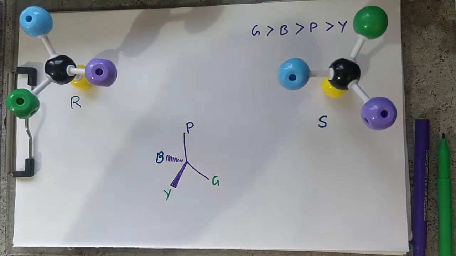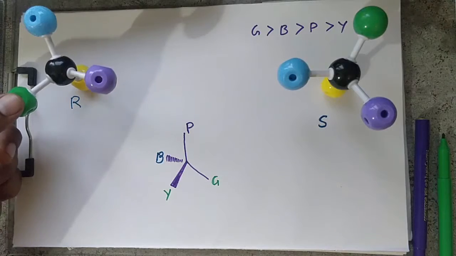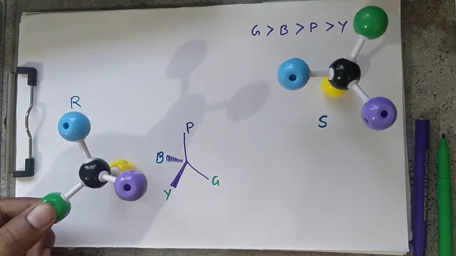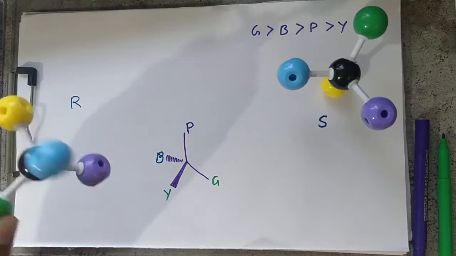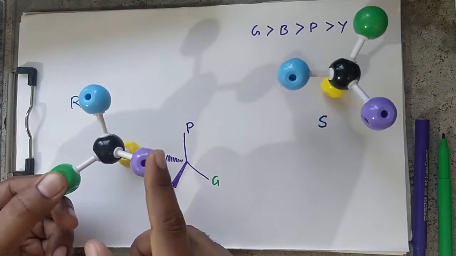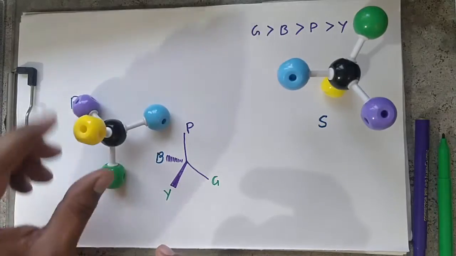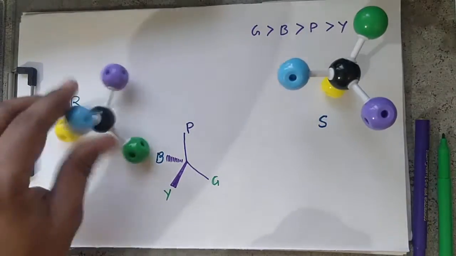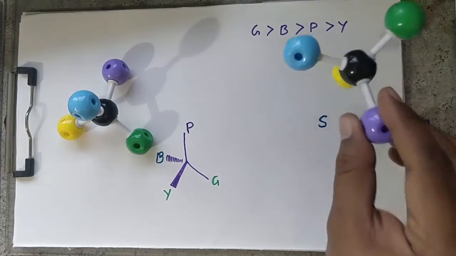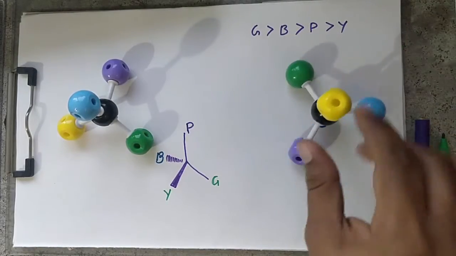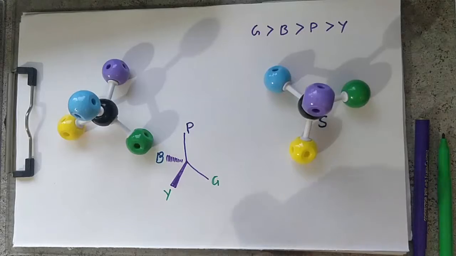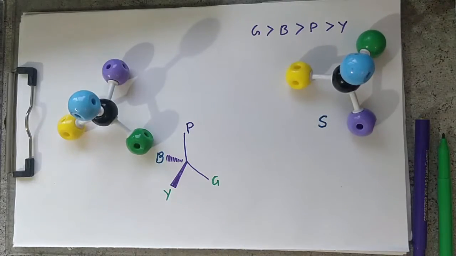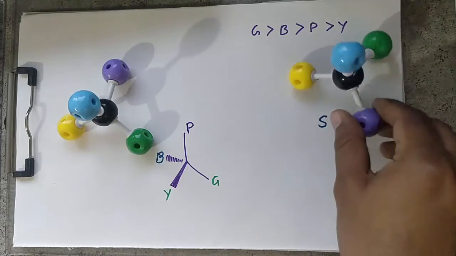One way of doing this is to take this molecule here and see whether this will be able to fit into this or not. Remember, whether this molecule is like this or like this or like this, it doesn't make any difference. It always belongs to R configuration. Same thing for this molecule as well. You change its rotation, you change its orientation, it doesn't change its absolute configuration, that is S configuration. It remains S configuration.